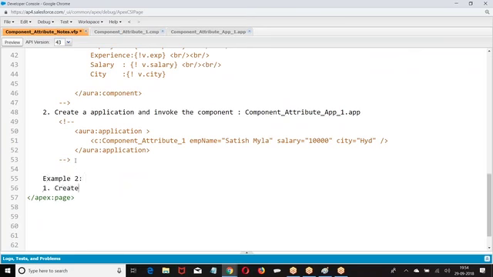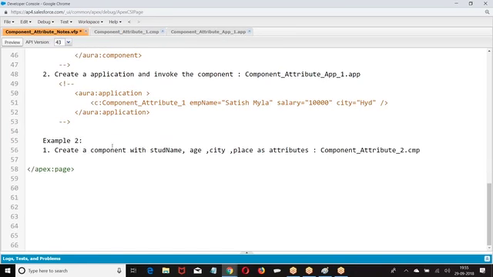Create a component with student name, age, city, and place as attributes.